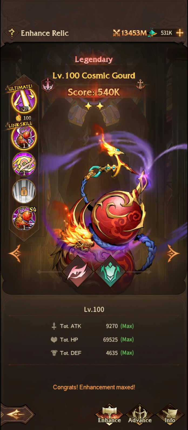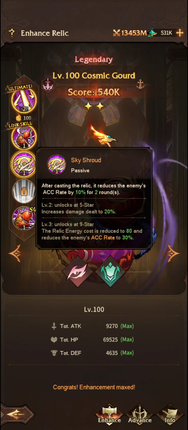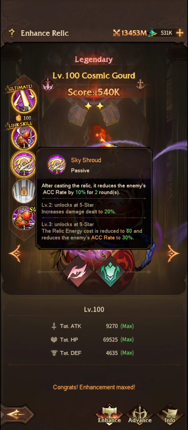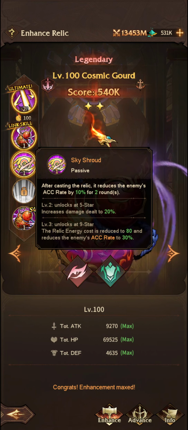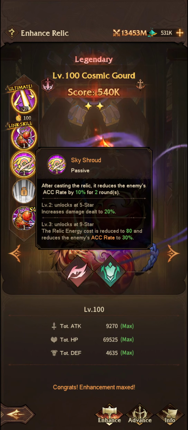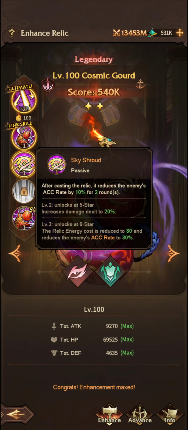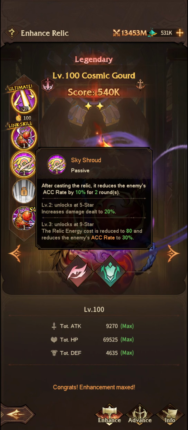This gourd helps alleviate that effect, but what this lowering accuracy can do, if you are on an Ethereal's team, is give an additional layer of survivability. So not only will you have the damage reduction, the 5 or 10% damage reduction, depending on what types of relics or synergies you've got, but it'll also help you not get hit, which is a big factor with